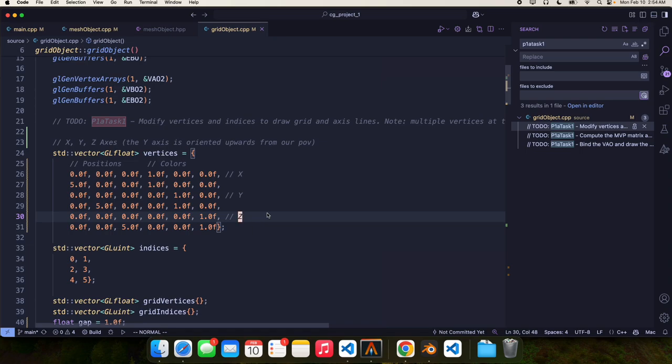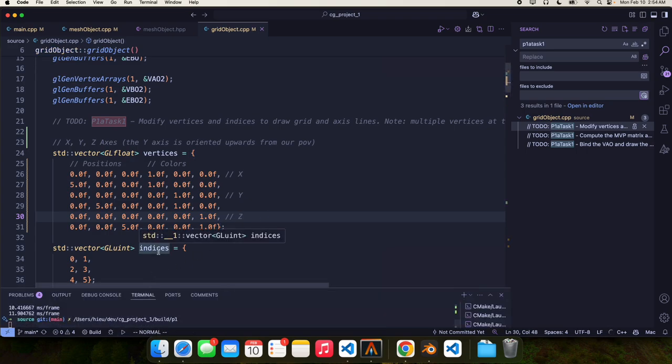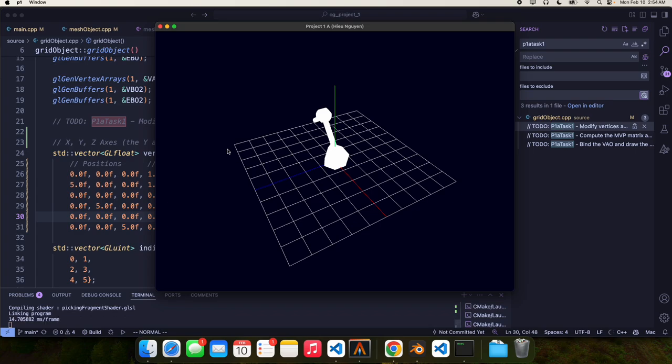Video for Project 1A. First, I'll be going over the demo of the program, and then I will go over the changes I made to the code. And I'm going to run it. And as you can see here, I have the 10 by 10 grid, and for the y-axis I drew in